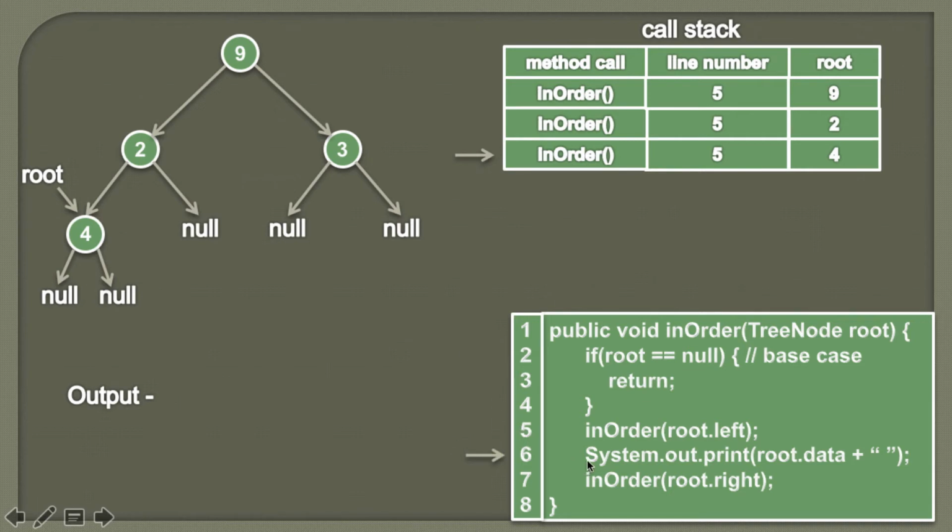So friends, here you can see for the node 4 we have processed the left subtree. Now is the time to process the actual node. Therefore we simply print root's data on the console. So on the output you can see 4 will be printed because root's data is 4. Moving ahead.